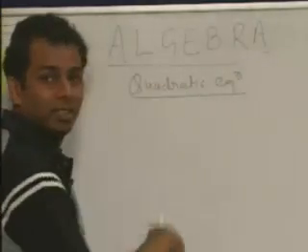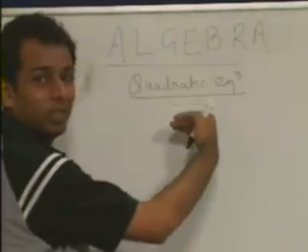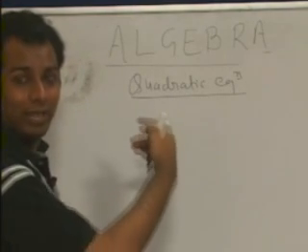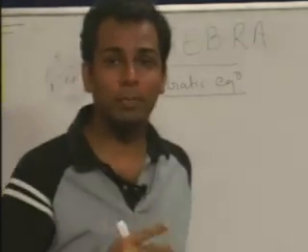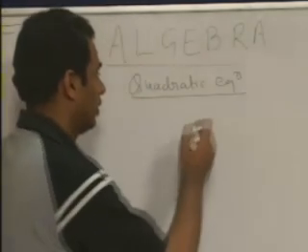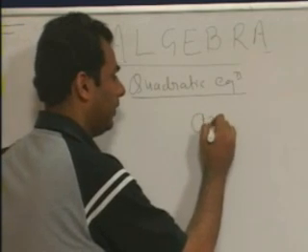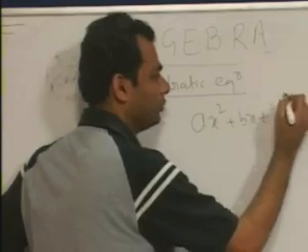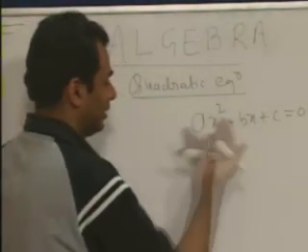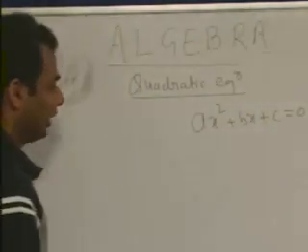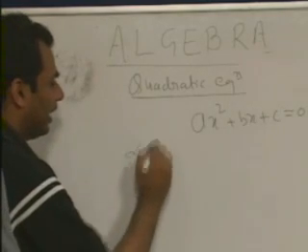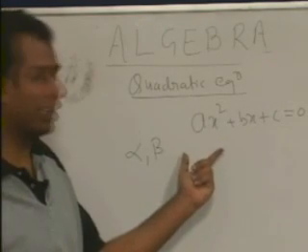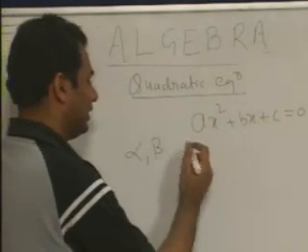Now other things. First, we have discussed the nature of the roots, then the graph of the quadratic equation. The next thing is regarding the sum of the roots and the product of the roots. If I say ax square plus bx plus c is equal to 0, and alpha and beta are the two roots of this quadratic equation,